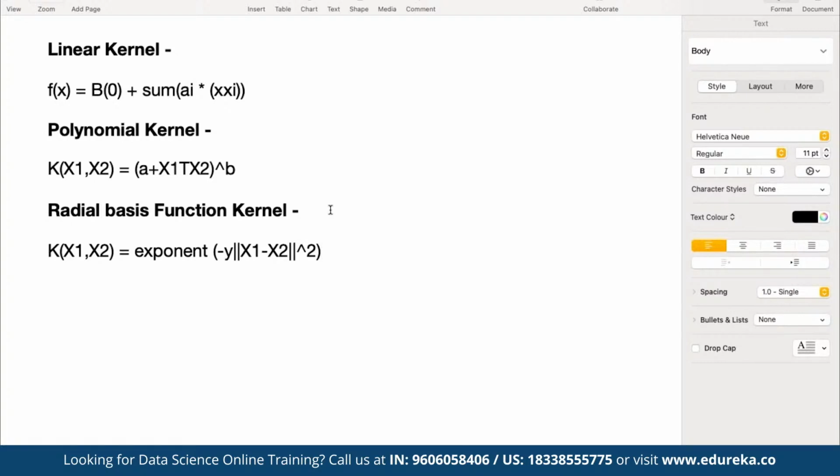So x1 minus x2 is simply going to be the Euclidean distance between x1 and x2.